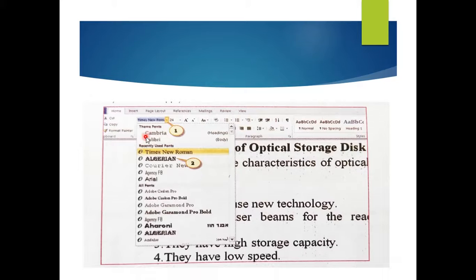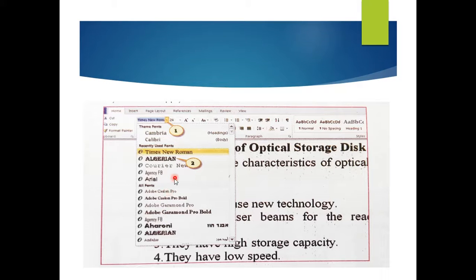So here you can see in the home tab I told that there will be a font drop down menu. Yes, so here it is. In this you can see different font styles. So you just select the text you want to change its font style and just select the font style. There are different font styles which you need.